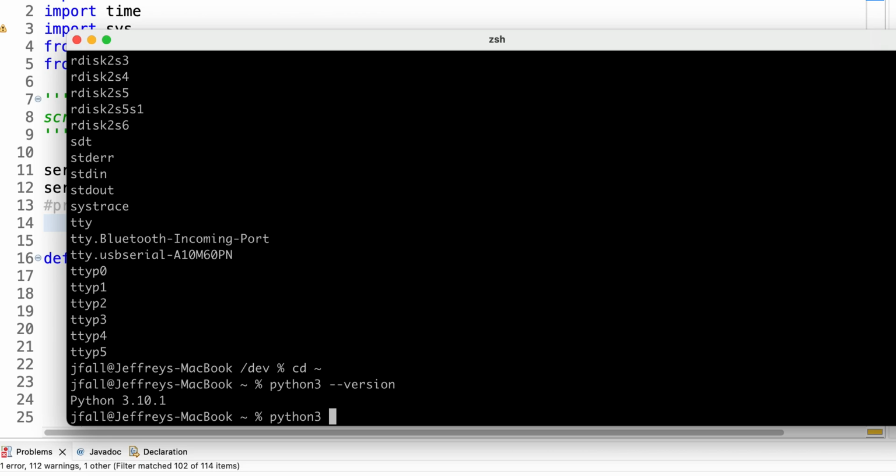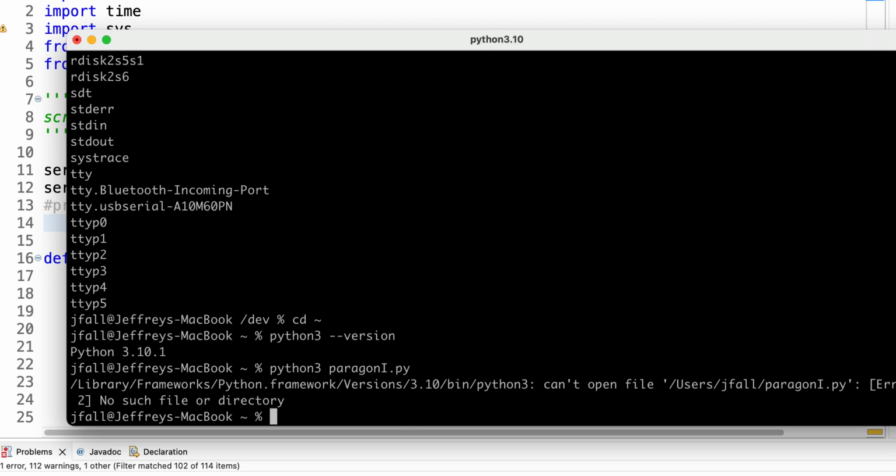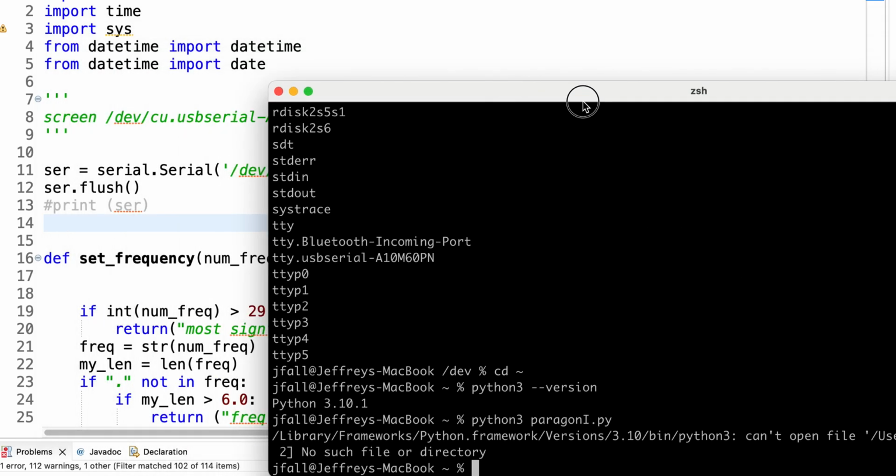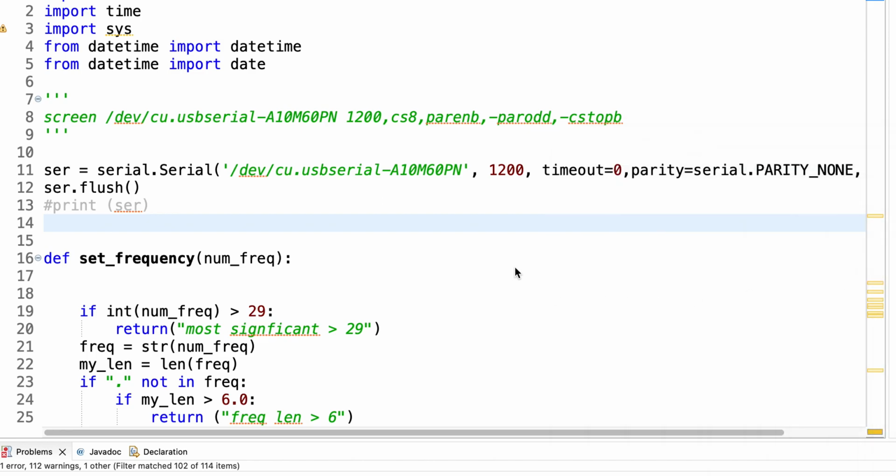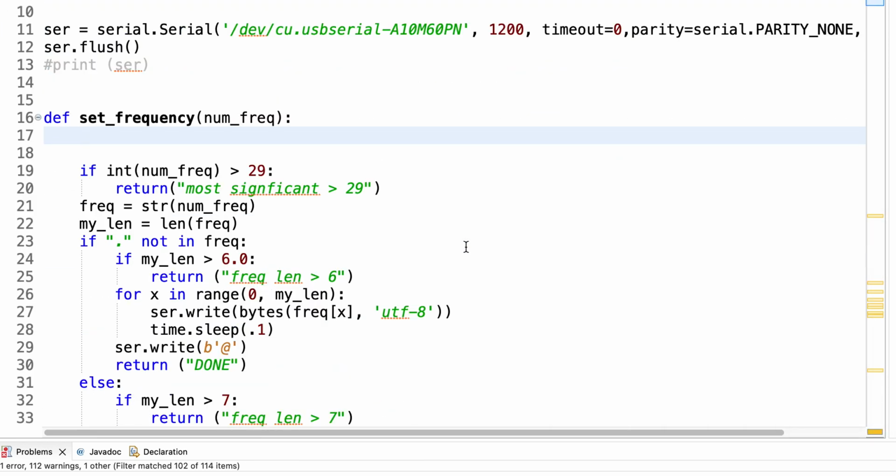The next step would be simply to do a python3 and then put in the name of the program, whatever you called it. I forget what you called it. We could call it Paragon1.py or something. I'm not sure, but if you do this, it will run the program and try to program in memories and program time and date into your Paragon 1. So obviously I don't have this file. I'm not sure what it's called, but anyway, the way this program works, DJ, is we basically do